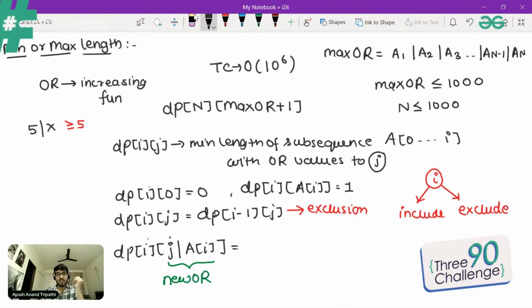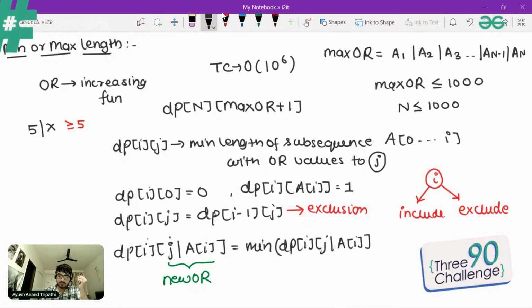And this is nothing but the minimum that we have so far, because there might be the case when you can achieve this new OR by not including I, and this might be the best path. So that's why minimum, the minimum that we have so far at this index j OR a of I,